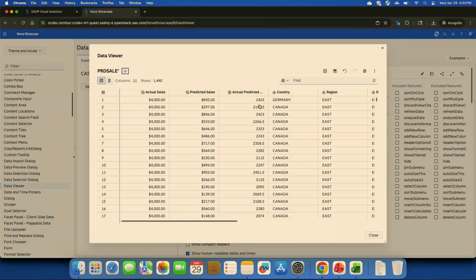We're aiming to support all the functions and capabilities that Visual Analytics has in its calculated columns. So we've got a variety of functions and other capabilities in there too. That's a pretty powerful new way to do this. And if you're in the data viewer, our long-term goal is to be able to take these calculated columns and pull them back in as calculated items into your report as well.